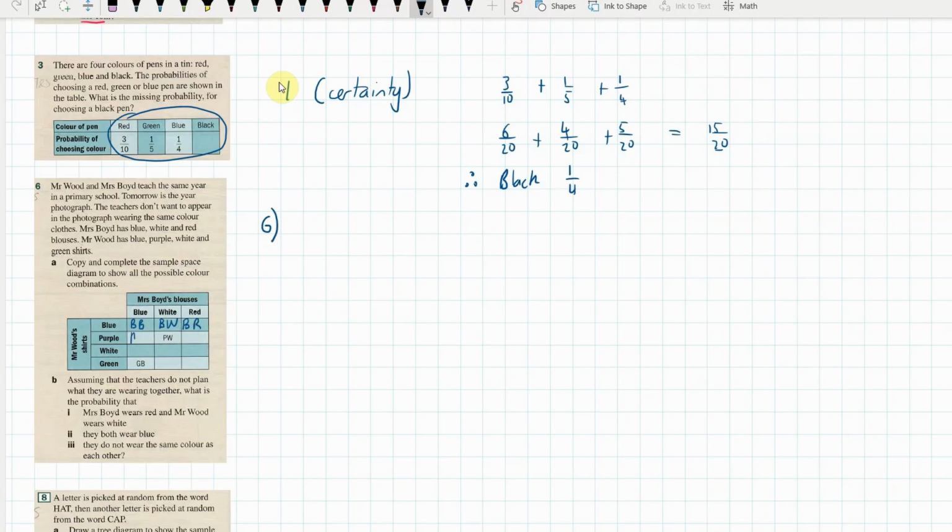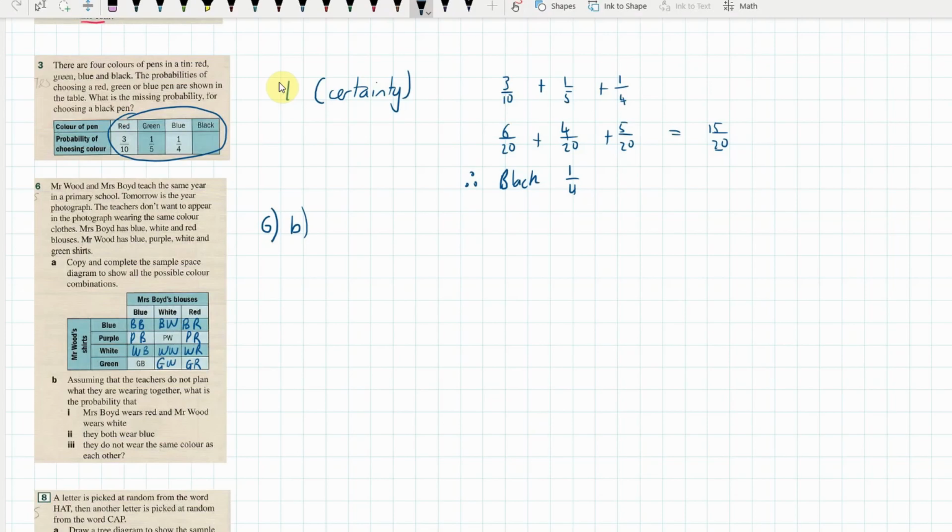Then we're going to go purple blue, purple white, purple red, and then we're going to go white blue, white red, and then we're going to go green blue, green white, and green red. Okay, so those are all of the different possibilities. Now that we've done that, assuming the teachers do not plan what they are wearing together, what is the probability